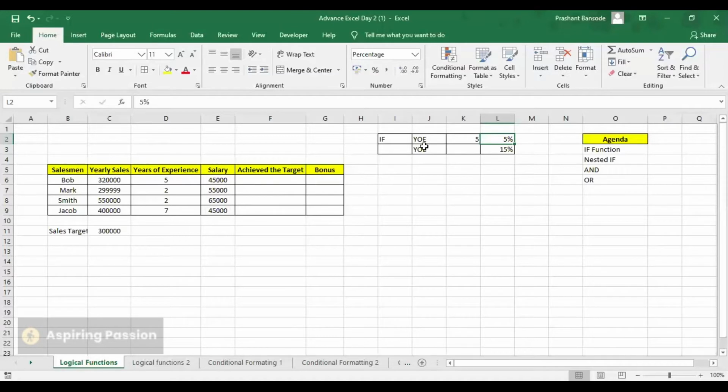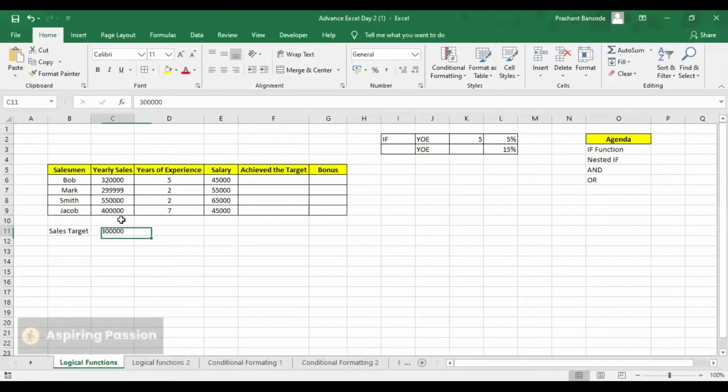The second criteria is also based on his years of experience. If it is greater than 5, then it will be 15% of his salary. So the objective is very clear, but to get this bonus, whether 5% or 15% based on the years of experience, the person has to achieve a set target by the company.